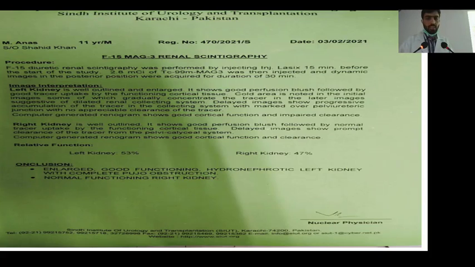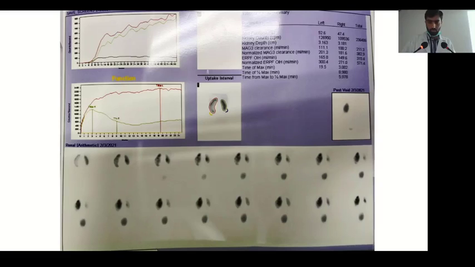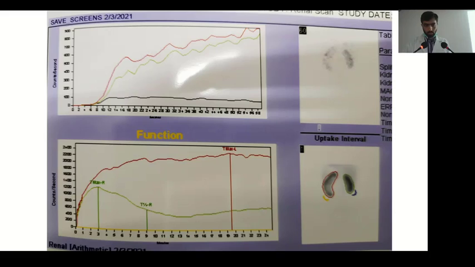This is an F minus 15 study. In this, furosemide was injected 15 minutes before the start of study, and it shows there is a good uptake, then clearance from the right kidney, but there is no clearance or delayed clearance from the left kidney. And in the second phase, excretory phase, a lot of isotope is present in the left kidney, but in the right kidney it is excreted. What can be the T half of the kidney with the red line? Suppose it is the left-sided kidney, then what would be the T half?